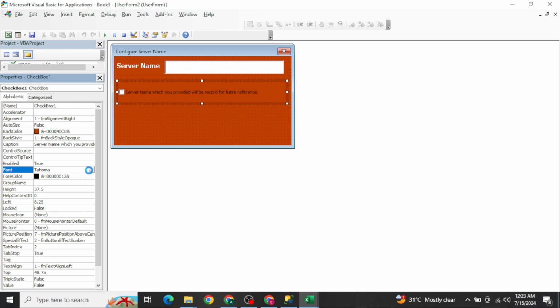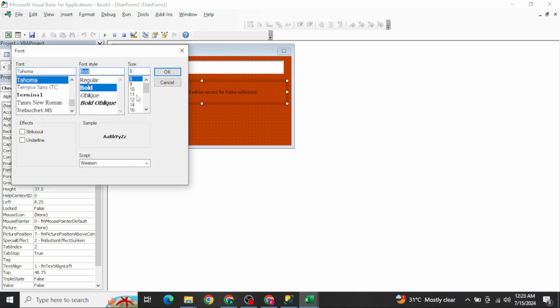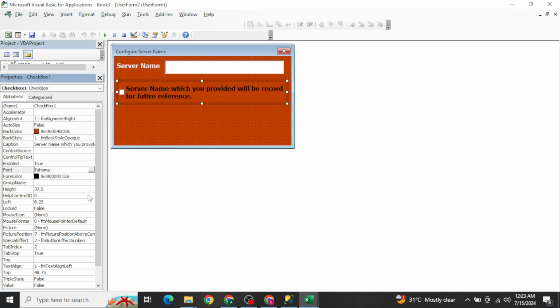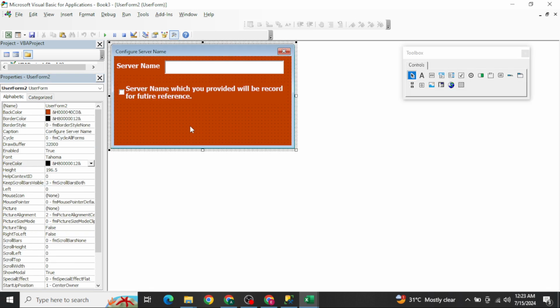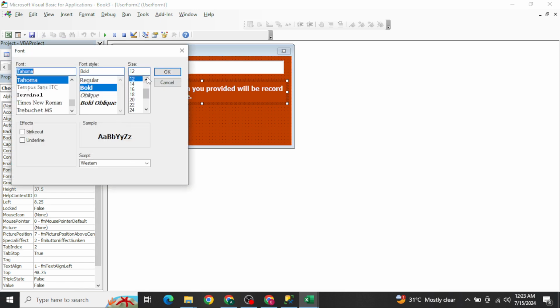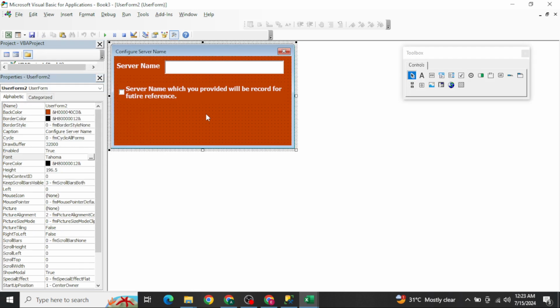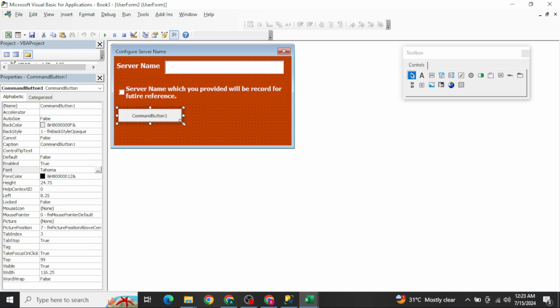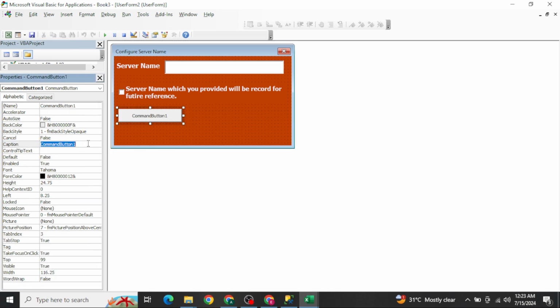Let's make it a little bigger, bold, 12. Okay, and it should be white. Great. We can decrease the font size as well, it's not looking very good. Let's make it 11. All right, now we need to have two command buttons. One should be for setting up the SQL server. Second should be for write it